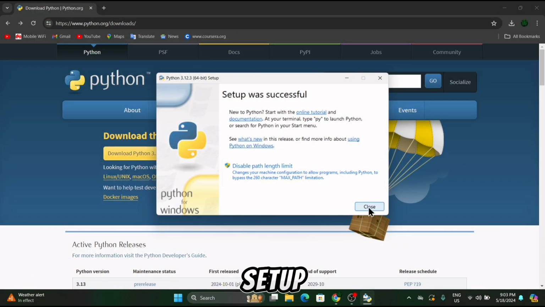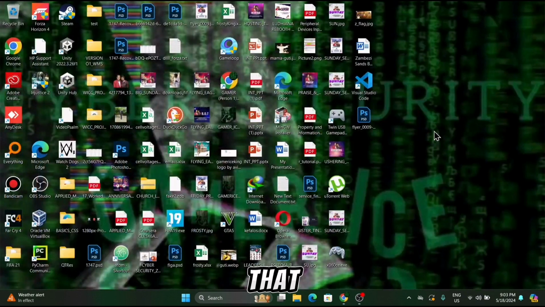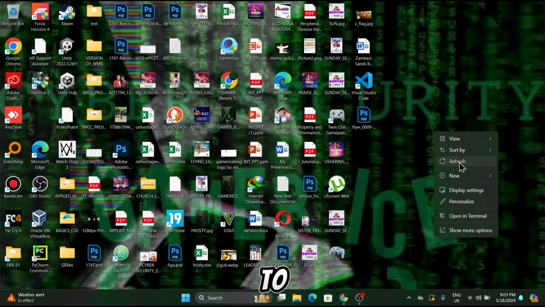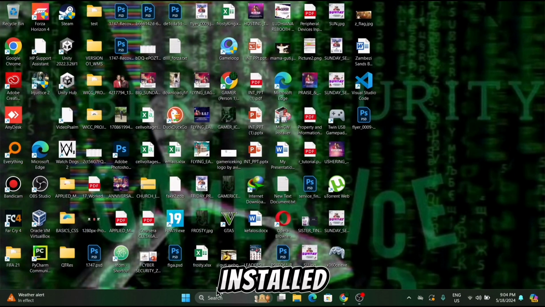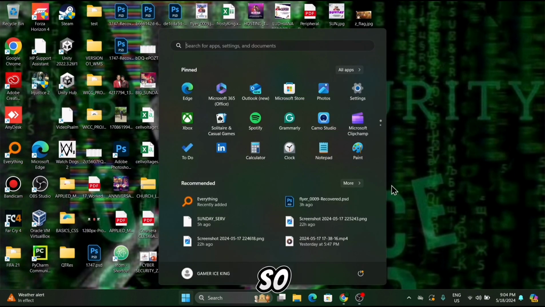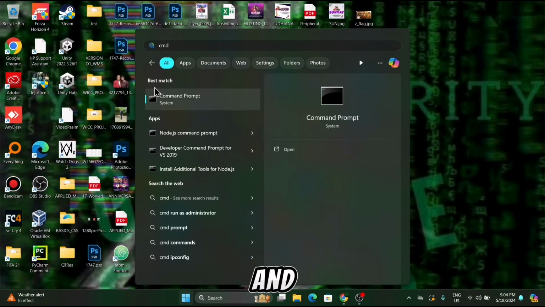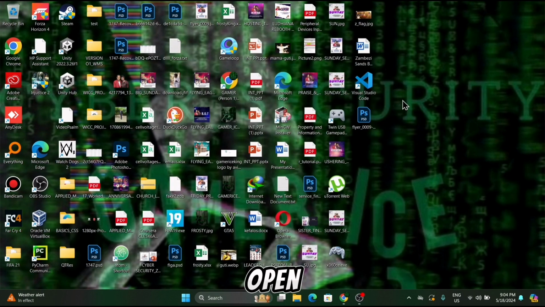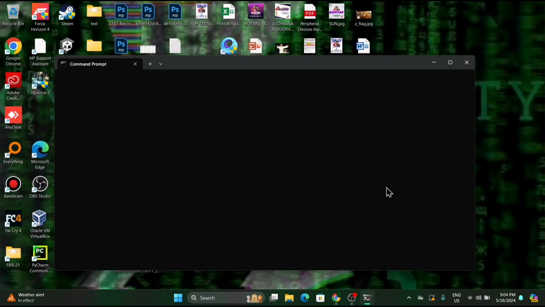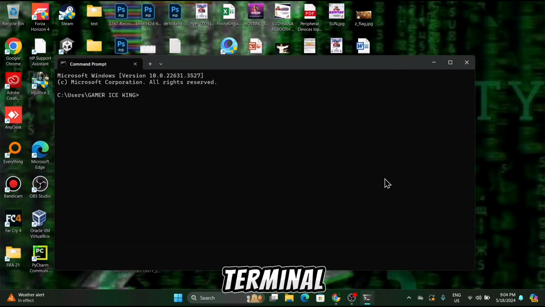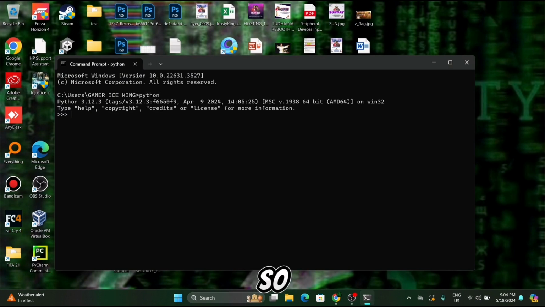Just close the setup, and after that, now we need to verify if we have installed Python correctly. So open your CMD or terminal, and after opening, let me open. Yes. Okay, after opening your terminal or command prompt, you should type in Python so that we can see if Python is